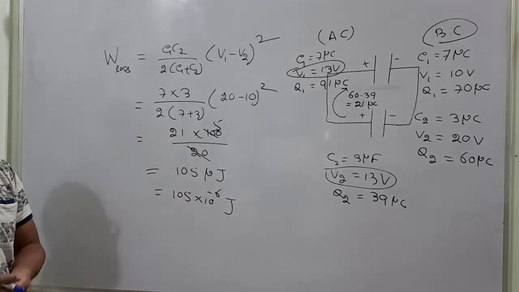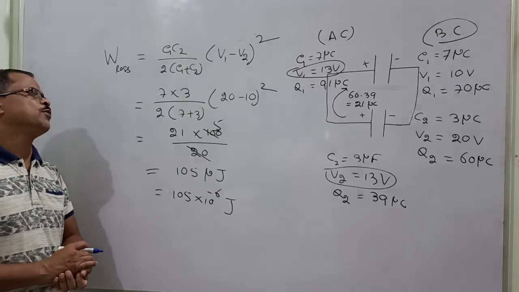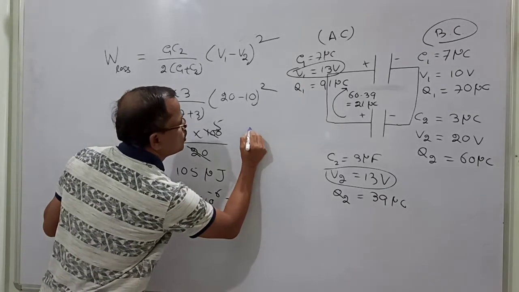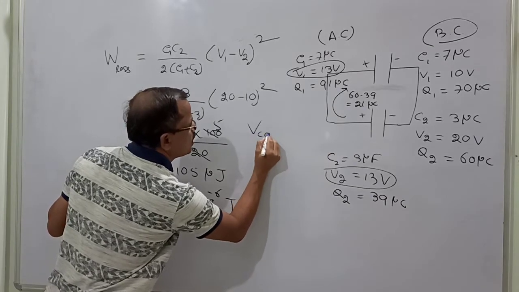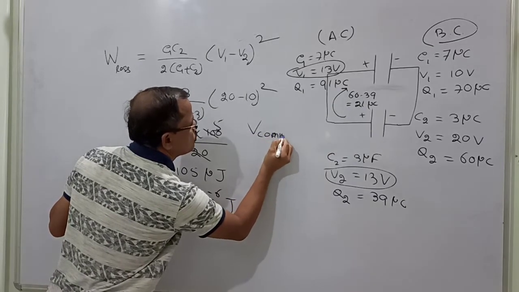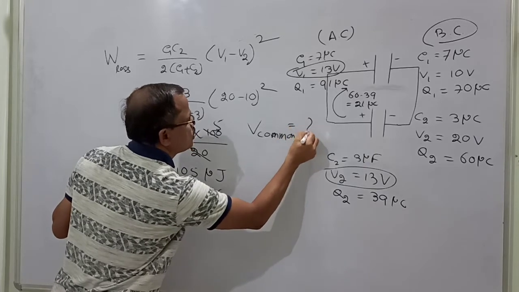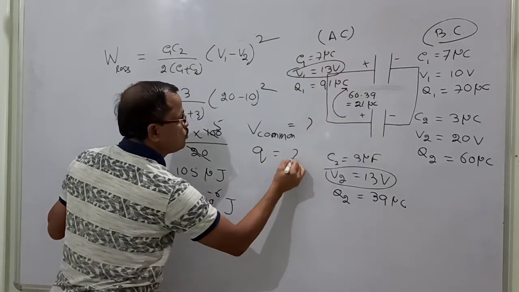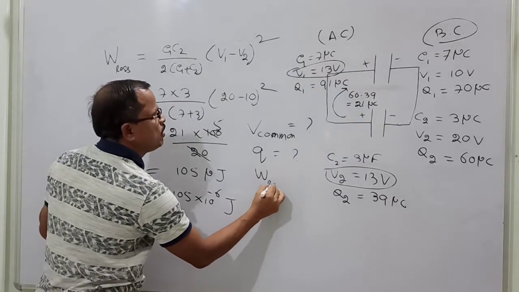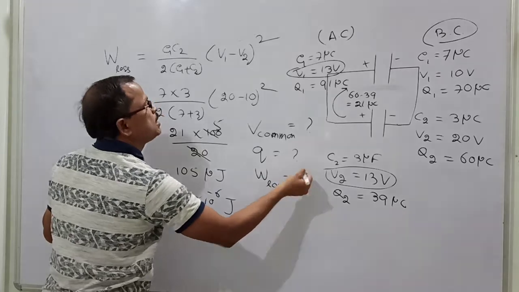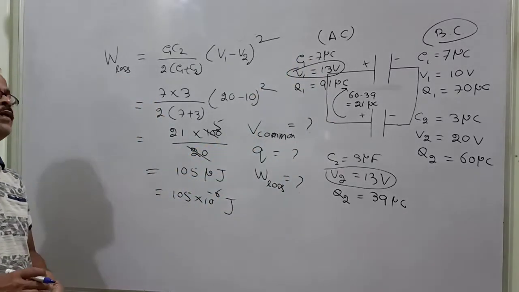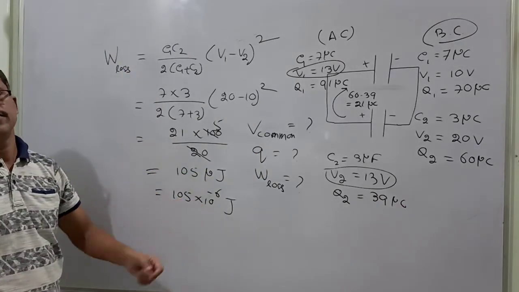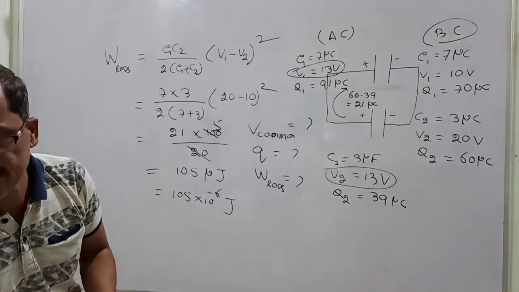So these are the questions that may be asked in this problem. What are the questions? The first one: find out V common, so what is the common potential? Second, how much charge will flow from this to this or this to this, that is also a question. And what is the amount of energy loss in this process, that is also a question. So you have to apply the method and you can solve the problem. These are the formulas. Okay. Next, come to the another case.